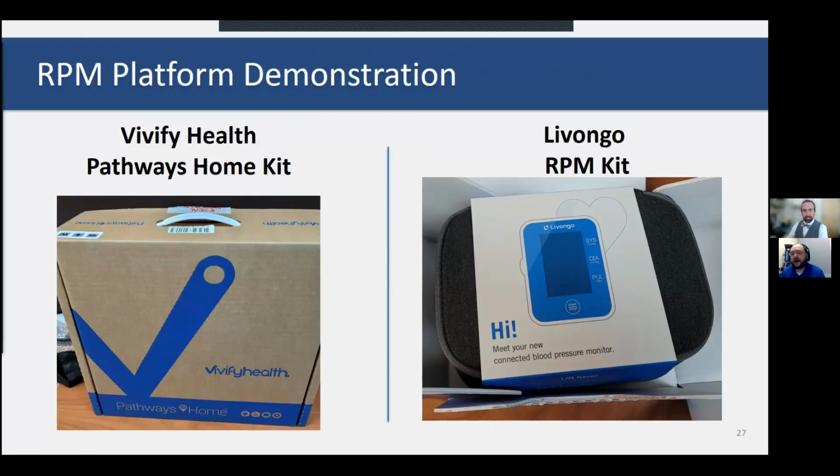So the first one that we're going to look at is the Vivify Pathway Home. I'm going to switch over to the bench cam here real quick. Okay, so this sort of kit is what I would describe as more of a traditional remote patient monitoring kit. It's designed to be sent to the patient. It arrives in a nice box with all the different peripherals in there. Inside the kit, it comes with its own tablet, and it really walks the patient through how to